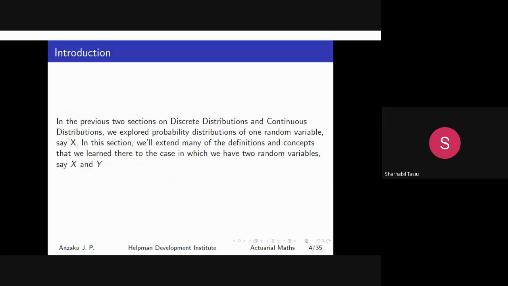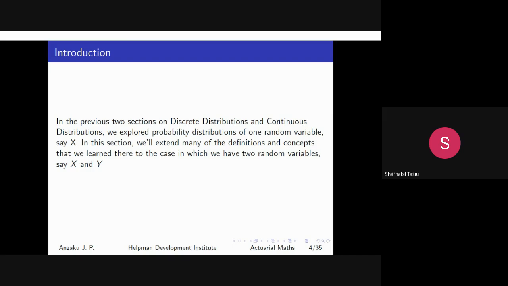In our previous two sessions, remember that those distributions that we talked about, the discrete and the continuous distributions, were univariate distributions because they dealt with one random variable. Remember, you can either see X, or Y, or just use X, any random variable that is used. It was single. So all those distributions were univariate distributions.